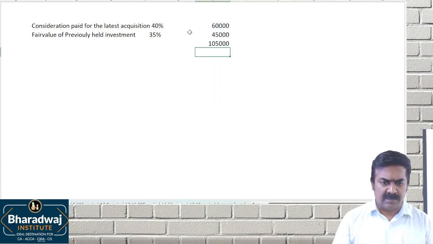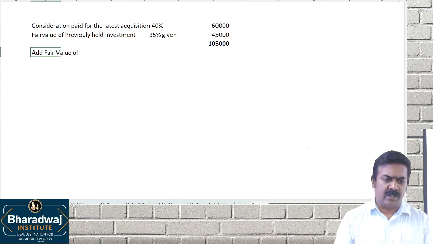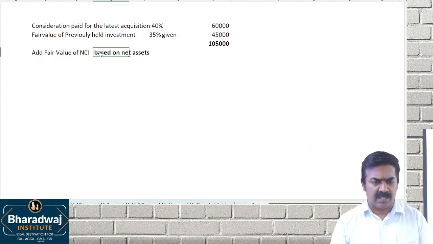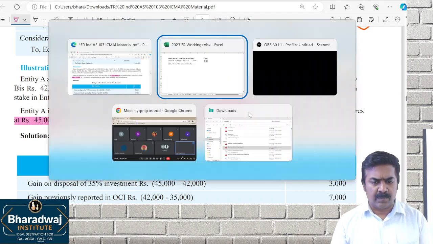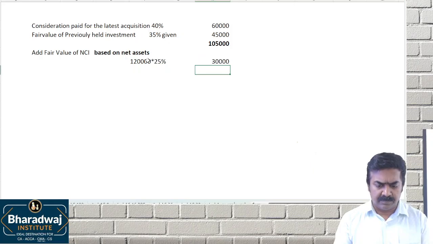1,05,000. It is given in the question. If it is not given in the proportionate or otherwise, it is given in the question. Then add fair value of NCI. Fair value of NCI, based on what have we been given? Net assets. Based on net assets. What is the net assets given? 1,20,000 into what percentage? Into 25%. How much? 30,000. Total